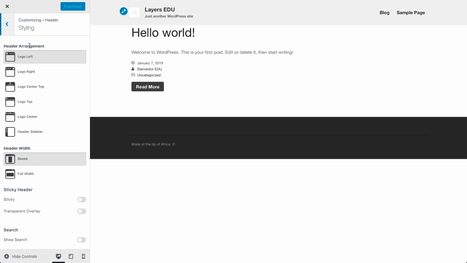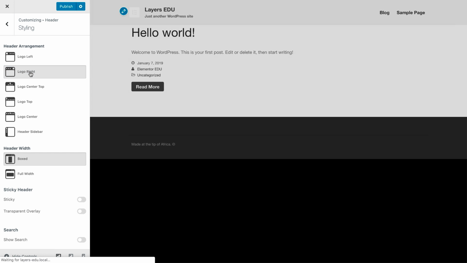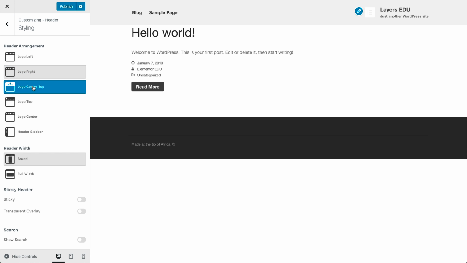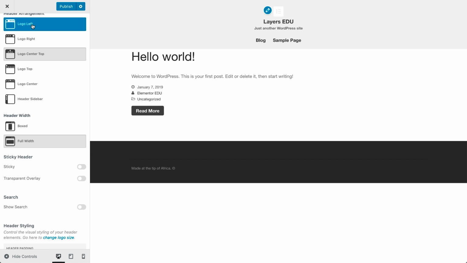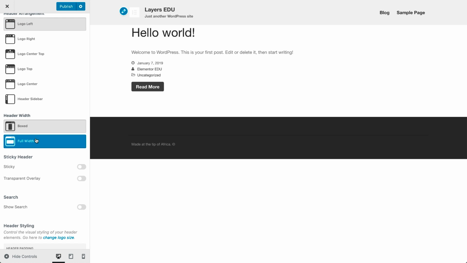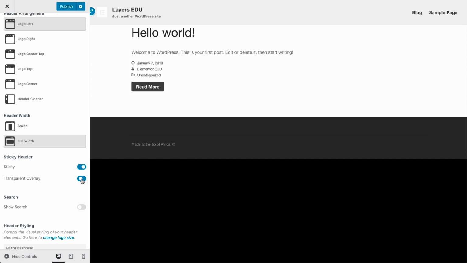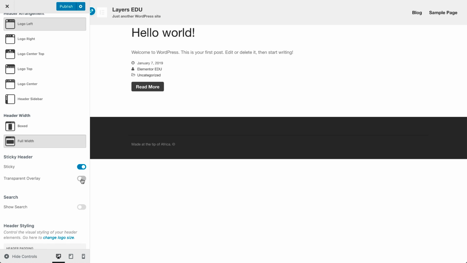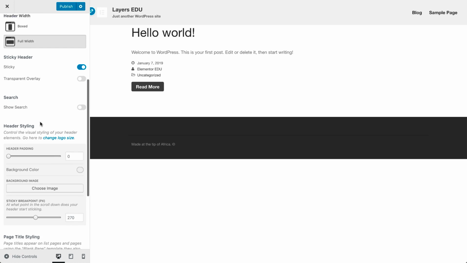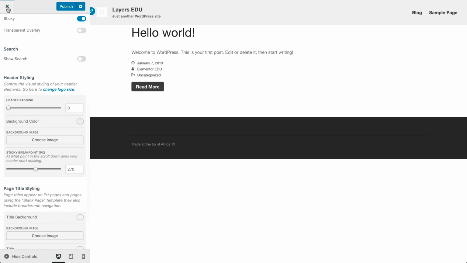As you can see, you have different header layouts: logo left, right, center, and more. Here you can choose if your header is boxed or full width. You can set your header to be sticky and add a transparent overlay if you wish. There are a few more options to play with, and make sure you do, but for now, let's move on